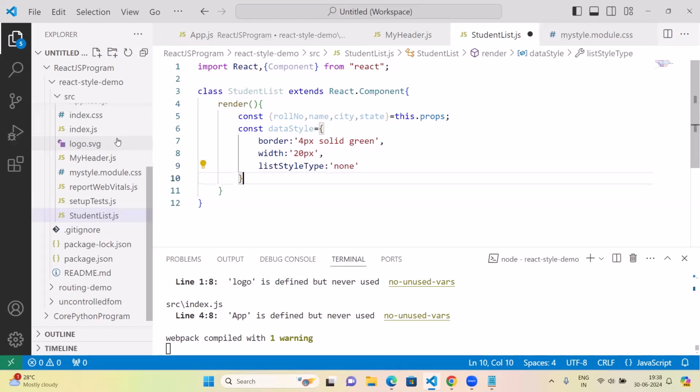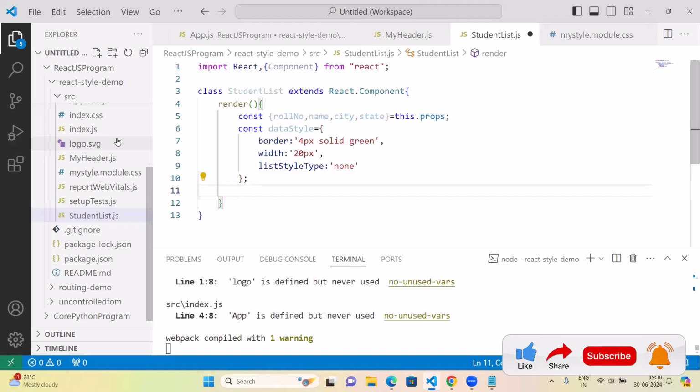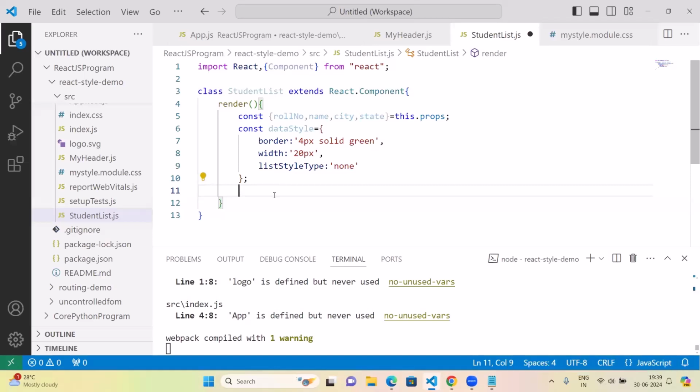Yes. So when do we use list style type? UL ordered list, unordered list. If you don't want to display the list bulleted list style, we use it to not display the bulleted list style. Okay,